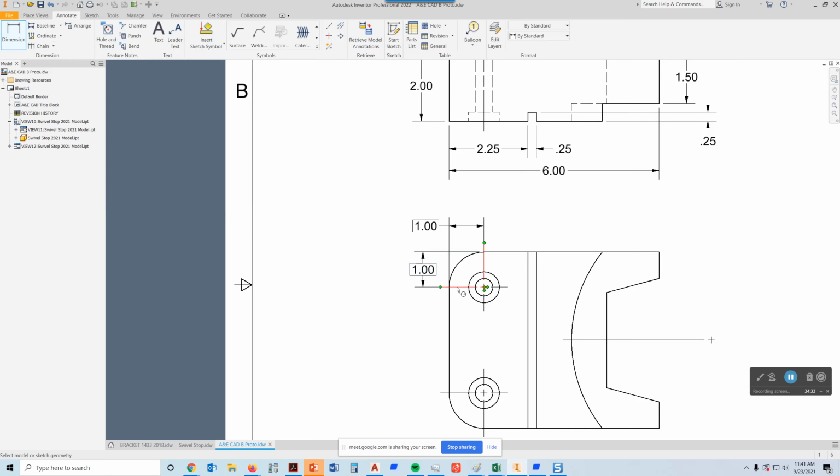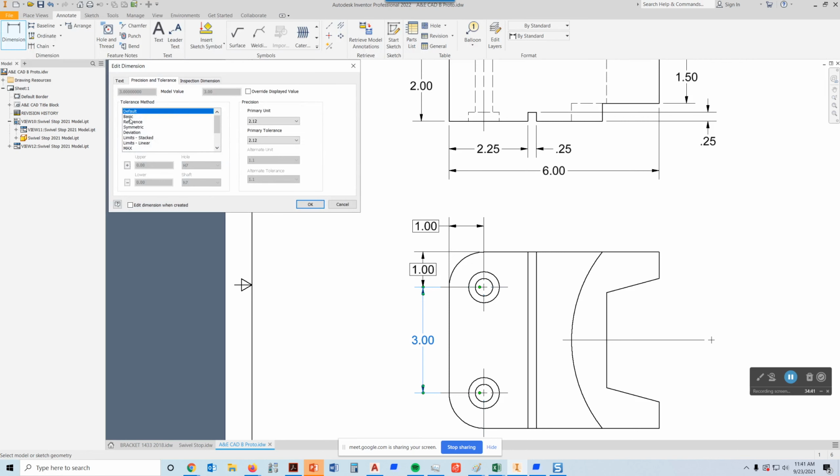And then I'm going to put another dimension from this center to this center, and I'm going to line those guys up and double click on that because this should also be basic. And if I look on my sketch, I can see those dimensions, so I'm going to take my highlighter to them, and I'm going to make sure that I have all those guys in there now. So I have those 3 dimensions, and one of the things I need to do is add my B, C, and A